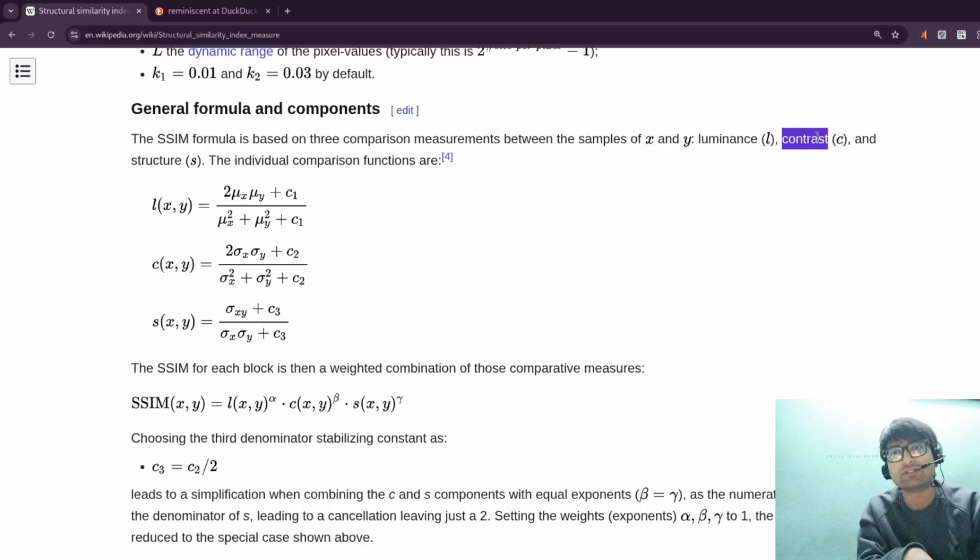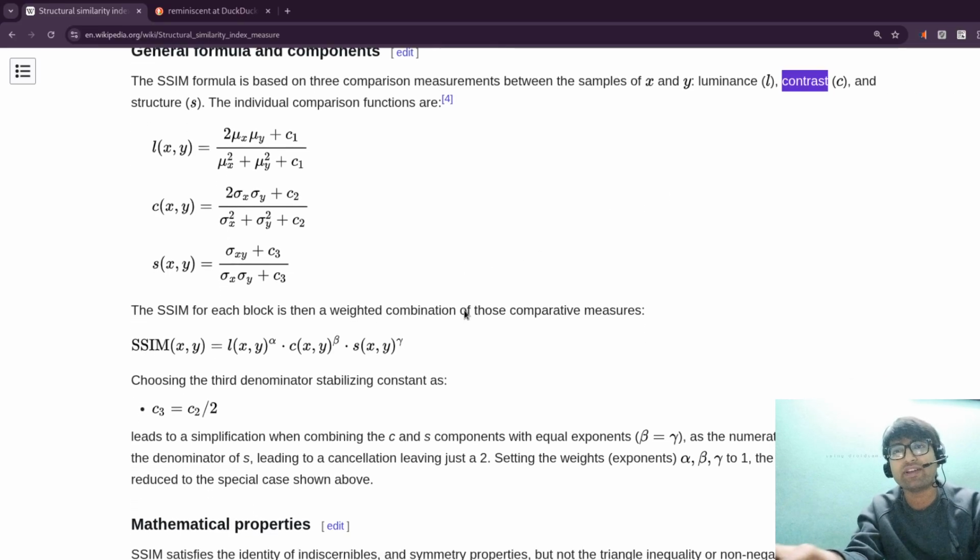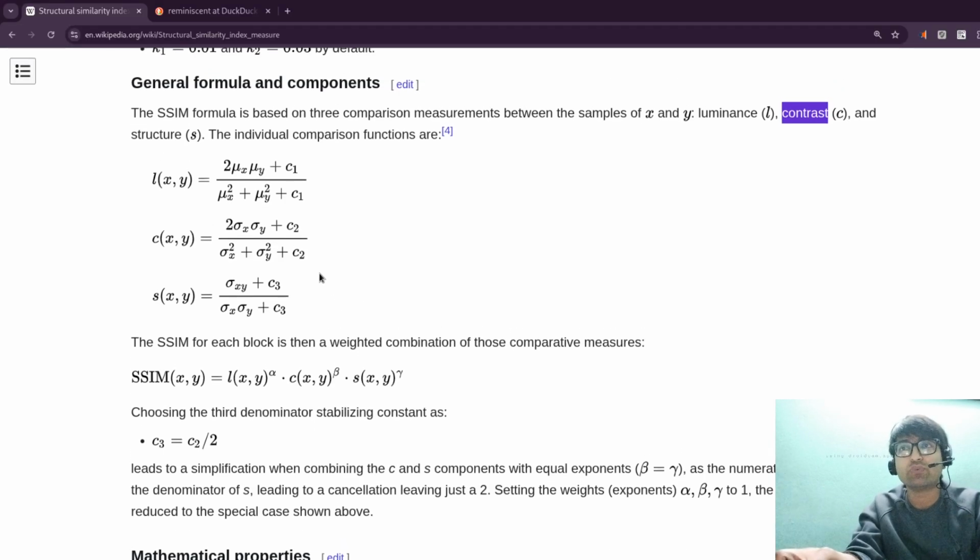The structure component S(x,y) is equal to sigma xy plus c3 divided by sigma x sigma y plus c3, and typically c3 is equal to c2 divided by 2,